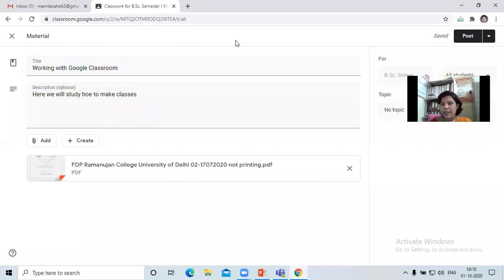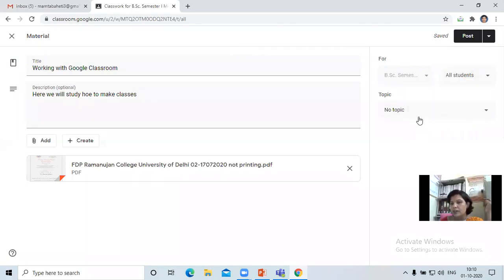Now there are 3 options for this particular material. When I get the time, I prepare it and save it on the classroom. Second, I prepare it and simultaneously post it. Or third, I schedule it. So I am posting it right now.